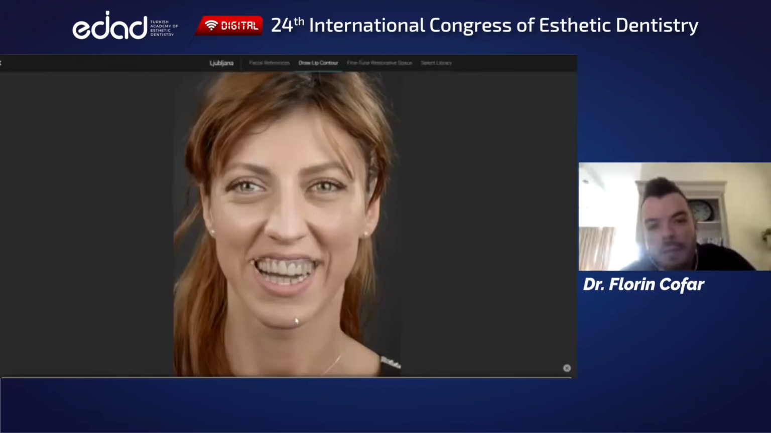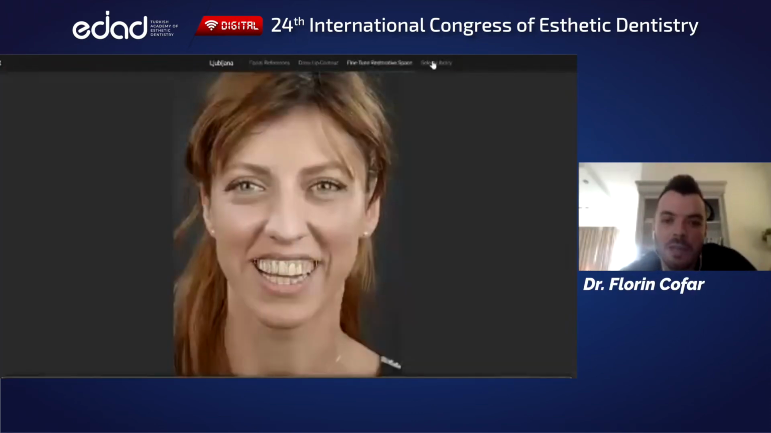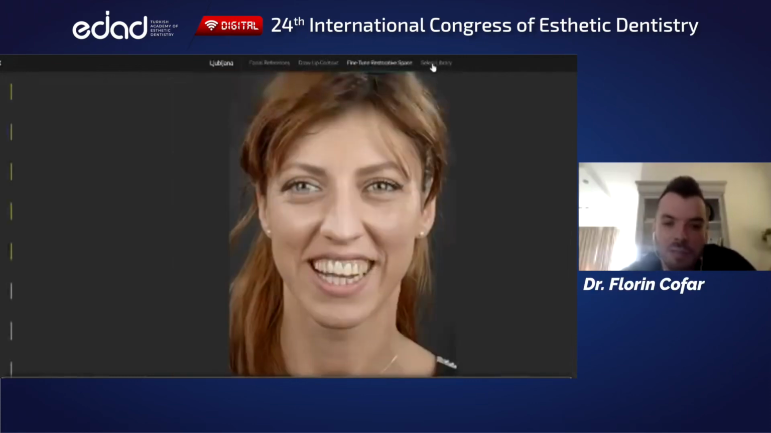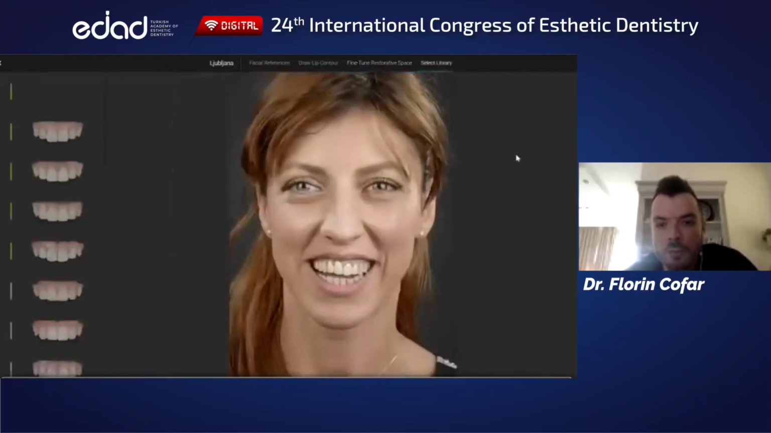Then the lip contour is again detected automatically by the system. You can just adjust it a little bit if you want. Then the restorative space, which is all the aesthetic parameters packed into one simple grid interface, is automatically placed on the face using generic denture principles, which is usually very accurate. So in about 4 clicks you get to the point where you have an editable library and an editable